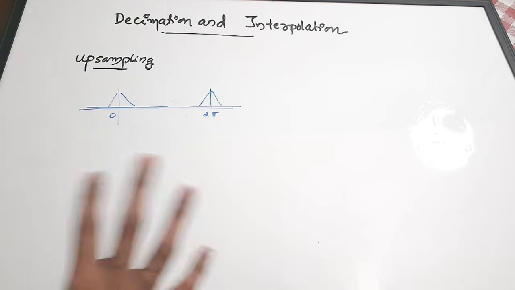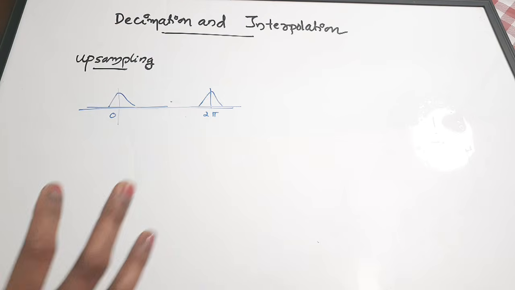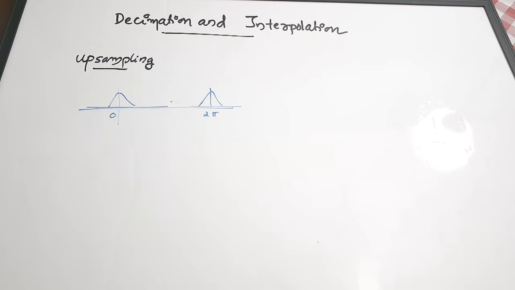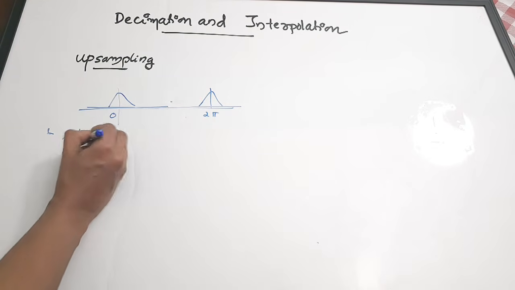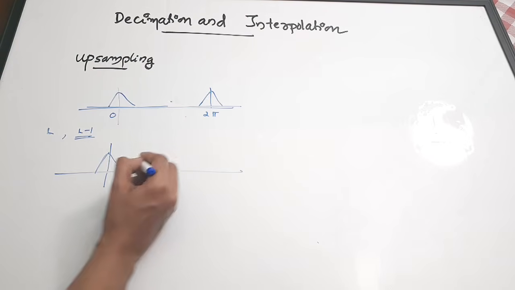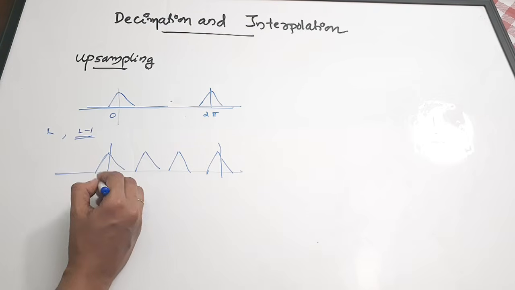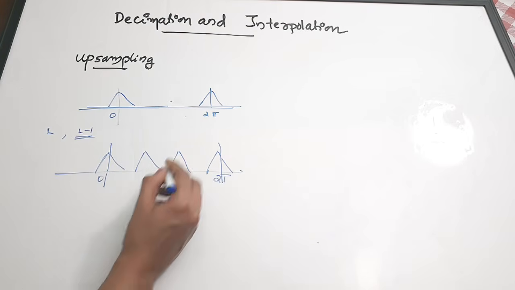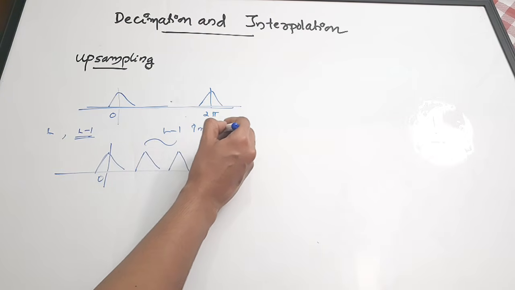So here we are not going to take away any samples, and simply we are going to insert some samples. Even if you put zeros, that is also samples, right? So we are going to increase the number of samples. If L is the upsampling factor, we are going to add L minus 1 zeros. So in between two samples, you will have L minus 1 new samples, and these we call images. We will be getting L minus 1 images.